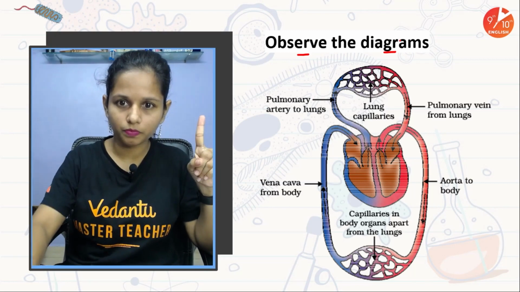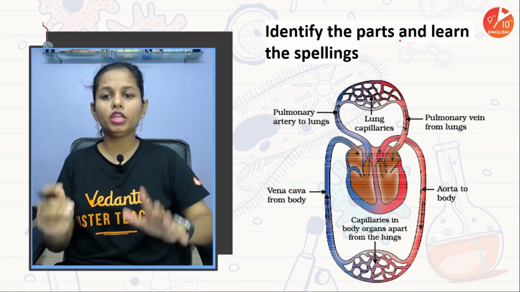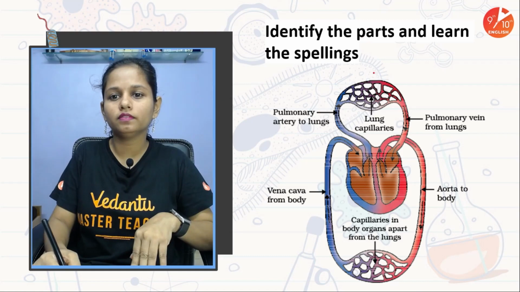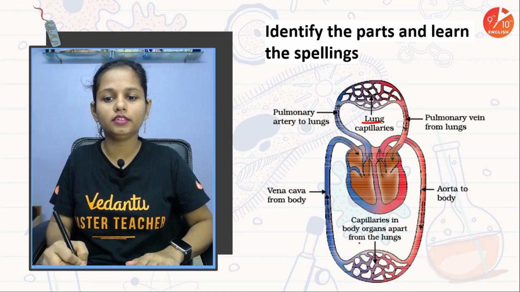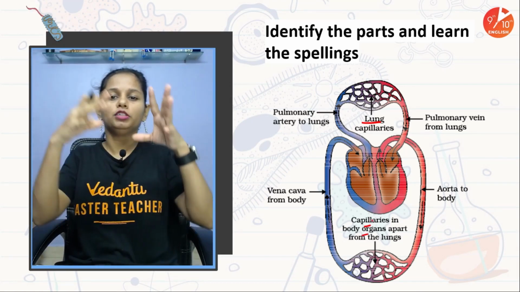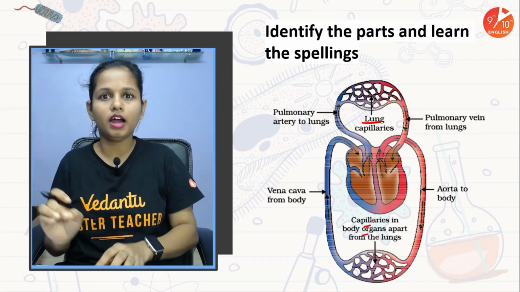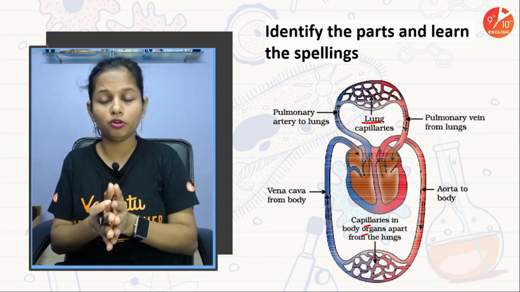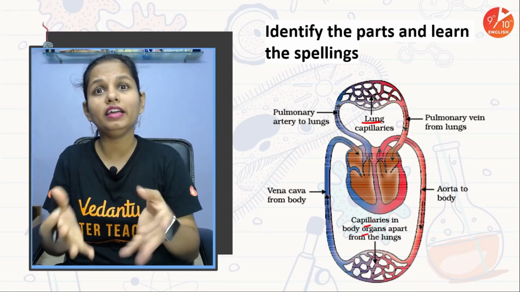That's first point. Okay. Second point, identify each and every part. Now over here children, there are 3 parts which are represented. One, here capillaries in the lungs. Second, the heart. Okay, and the third, capillaries in various body organs, body parts, right? So children, identify various parts. Then there are numerous blood vessels over here: aorta, artery, vena cava, and then 4 parts of the heart, each chamber of the heart, and then there's pulmonary artery, pulmonary vein. So children, identify each and every part.